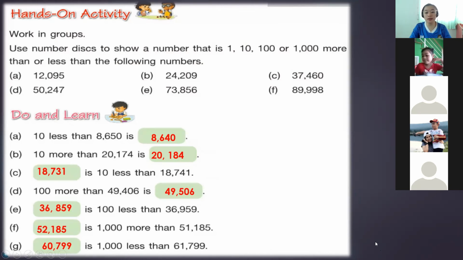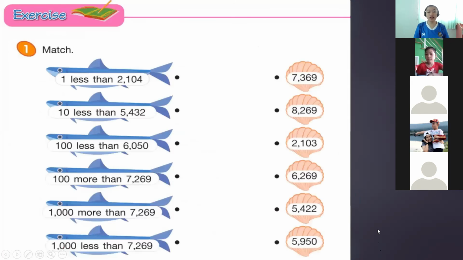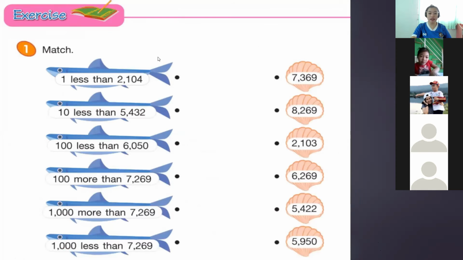Yes. Okay, so let's proceed to page 21 of your workbook. We're going to answer together. Okay, so we have here the first statement: 1 less than 2,104. It means you're going to subtract 1 from 2,104. So the answer is 2,103. Okay. Second statement, 10 less than